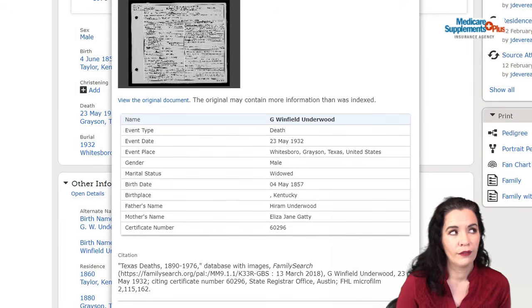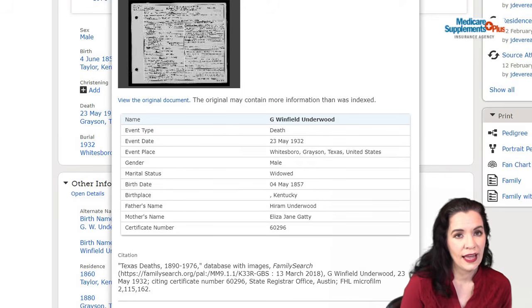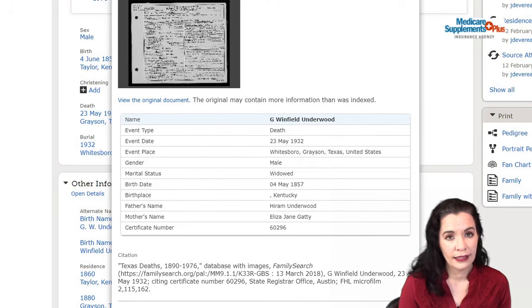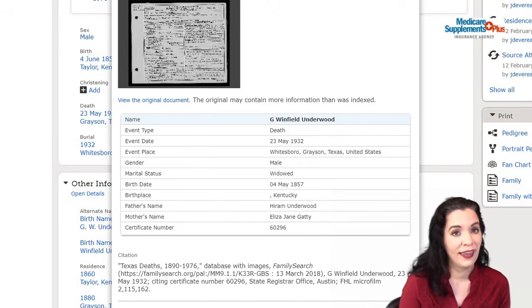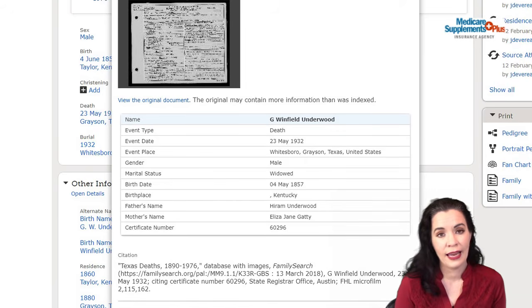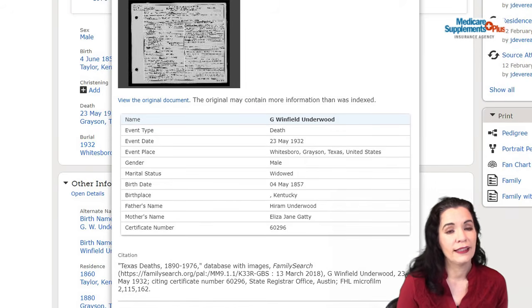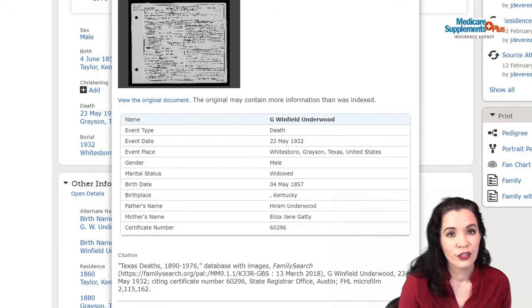So now we have another potential set of parents. We can't accurately say that Eliza Jane Gaddy is the Gaddy of the birth record, and we can't accurately say that Eliza Jane Gaddy is Eliza Jane Martin. You see how Jamie got confused? Boy, I do. So let's go back to the clue web and add those clues into Jamie's problem.